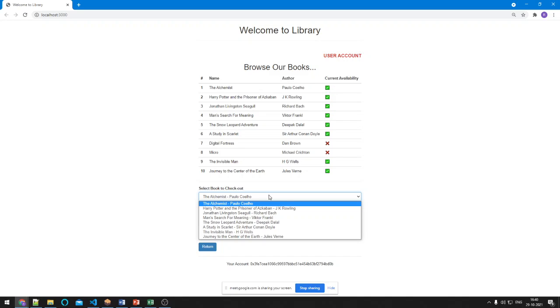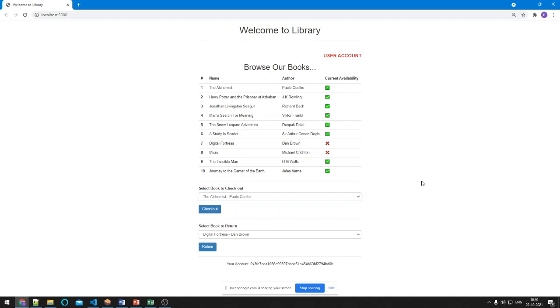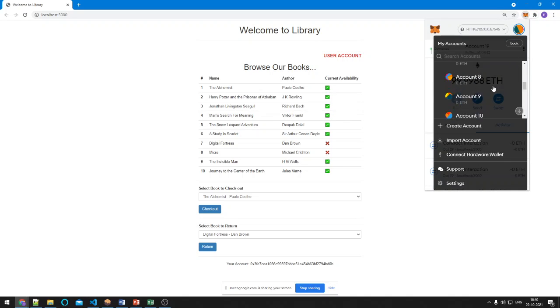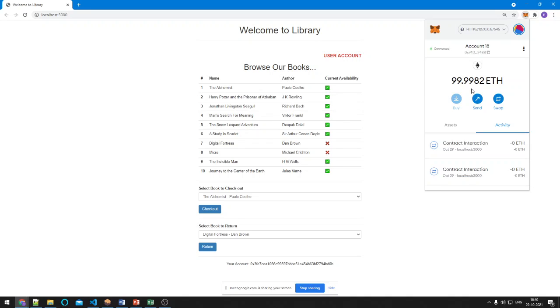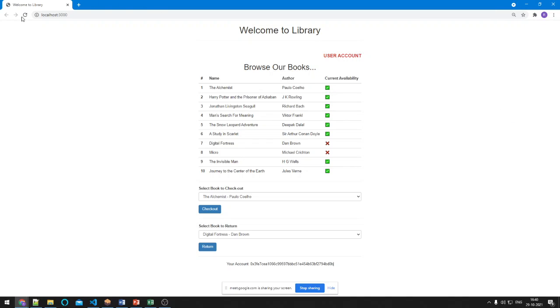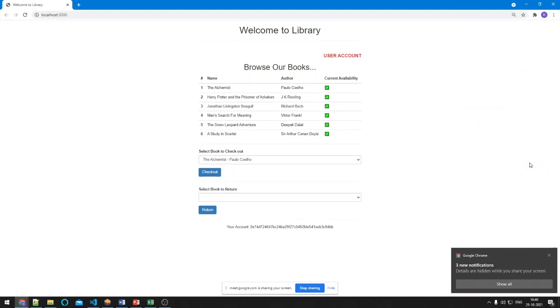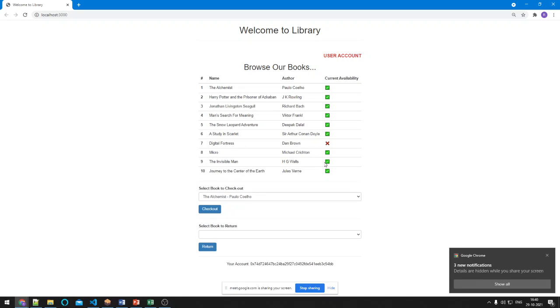Yeah. So now as the first user, I want to return back Micro. So can I go back and return it? Okay. So this is the user. I'll just refresh the screen. Here, so you want to return Micro. Yeah, let me return it. Confirm on burning the gas. Yes, Micro is now listed.